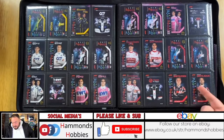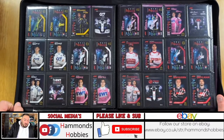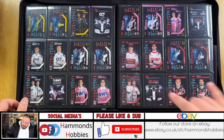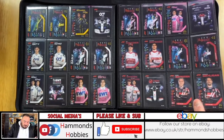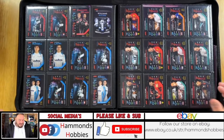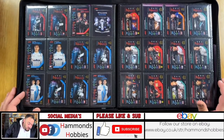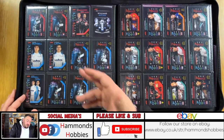Haas team, obviously Kevin Magnussen and Romain Grosjean. If you watch Drive to Survive on Netflix, which I highly recommend, Haas has to be the most entertaining team to watch. 1, because of their team boss, and then 2, because of their drivers. None of them seem to care. It's awesome. Then we got the Williams team, obviously George Russell, who actually is under a Mercedes contract, who supplies